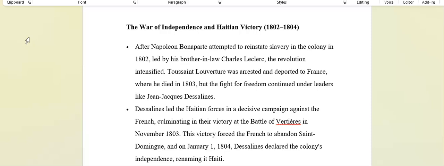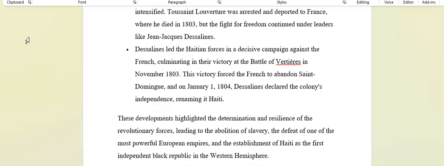Now the revolution intensified. Toussaint Louverture, one of the great leaders, was arrested and deported to France, and he died in 1803. But the fight for freedom continued under leaders like Jean-Jacques Dessalines, another great leader. Now, Dessalines led the Haitian forces in a decisive campaign against the French, and it culminated in their victory at the Battle of Vertières in November of 1803. Now, this victory forced the French to abandon Saint Domingue, and on January 1st, 1804, Dessalines declared the colony's independence,